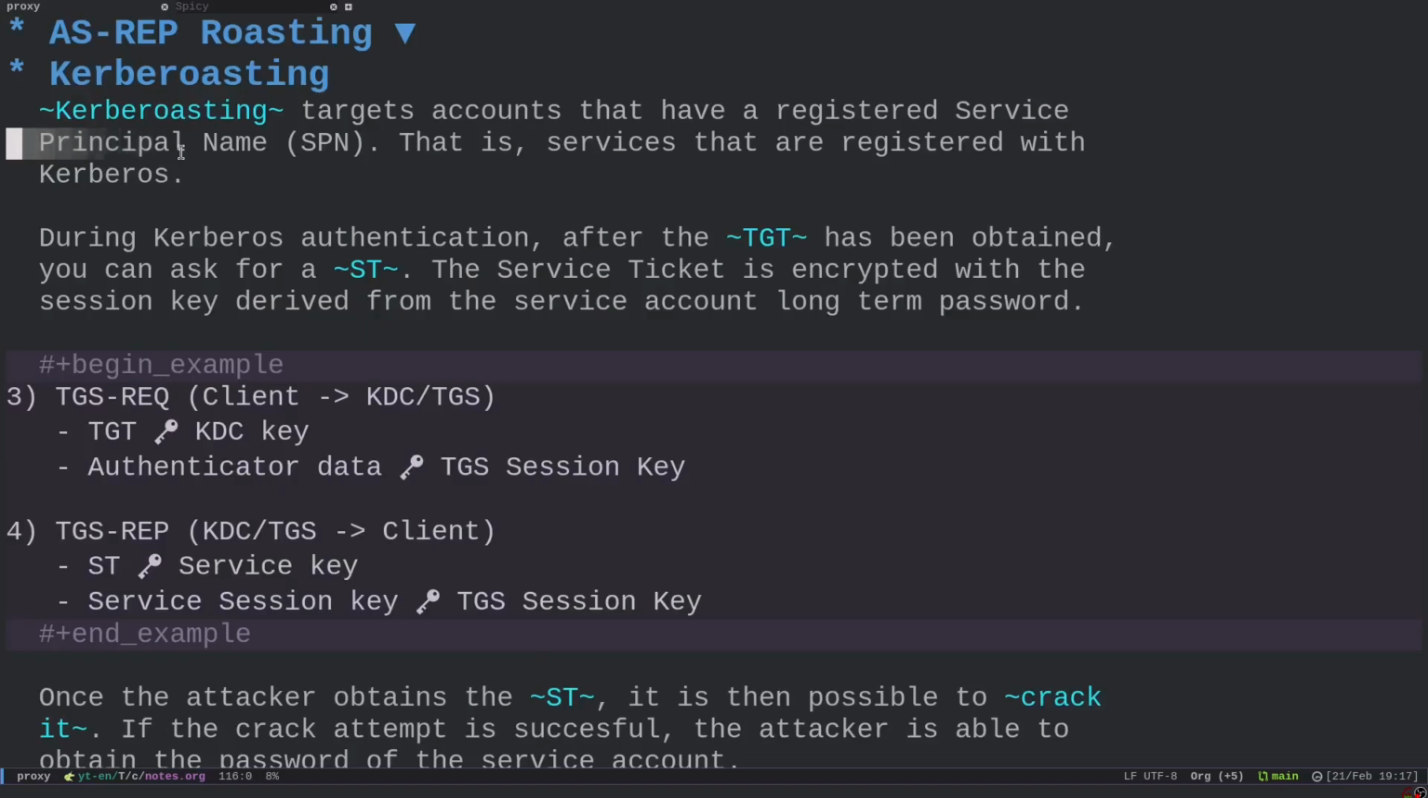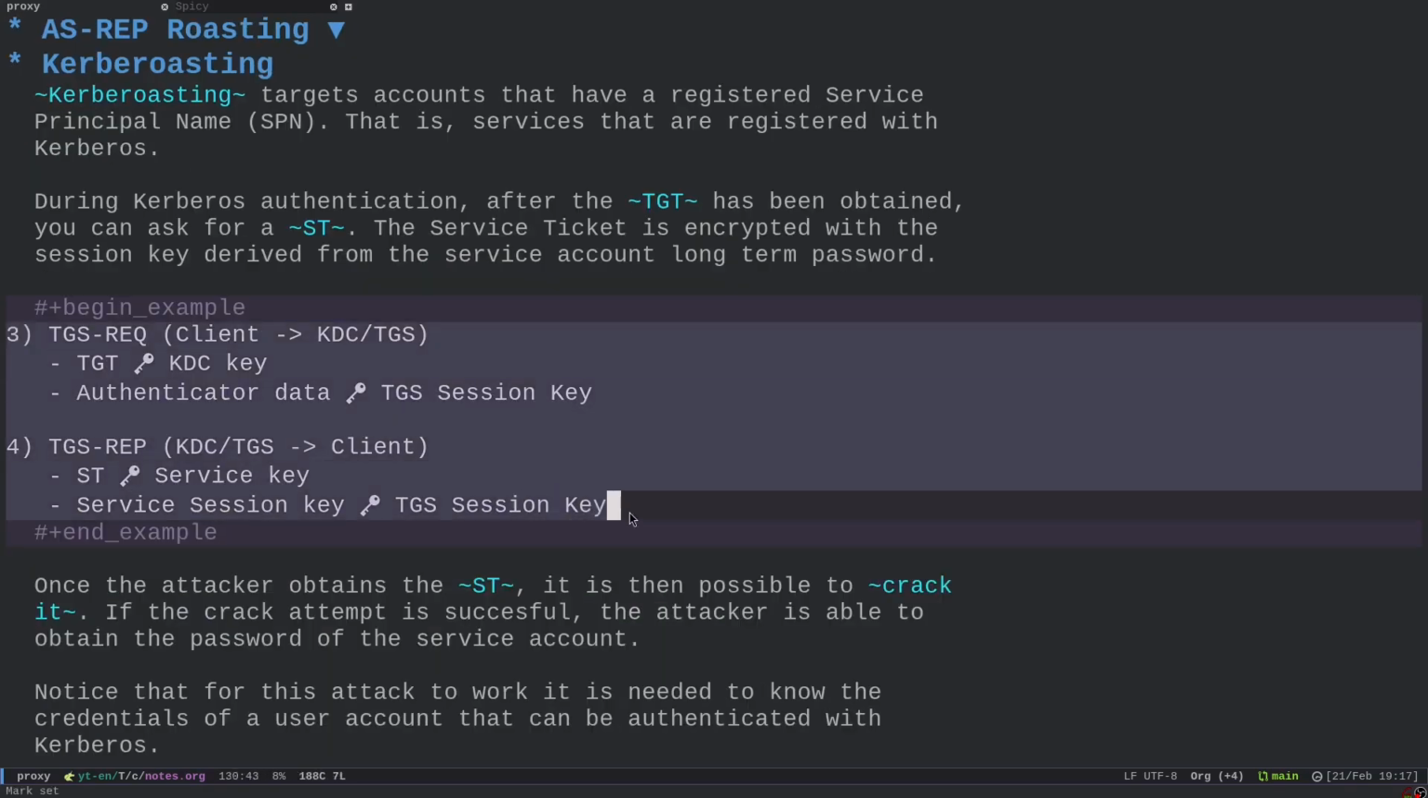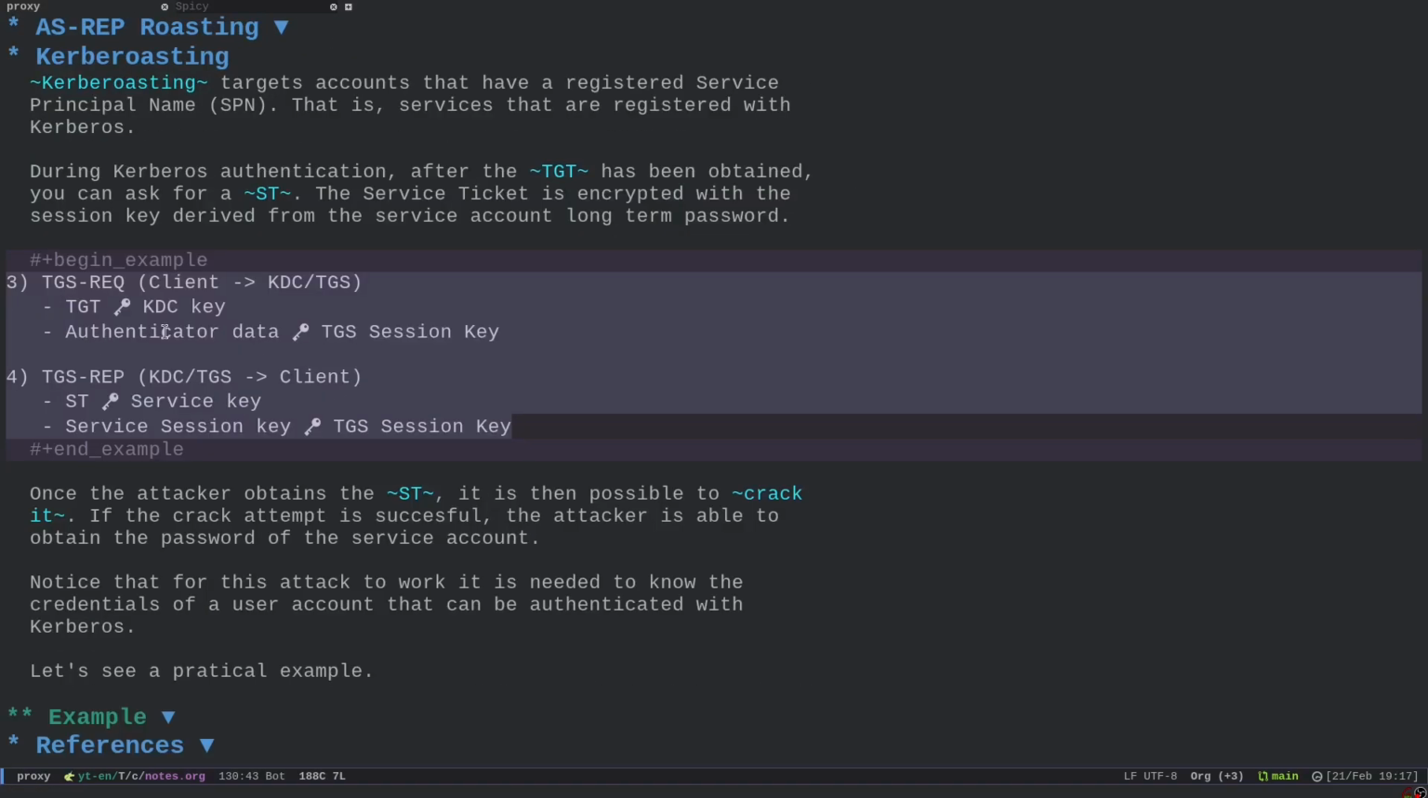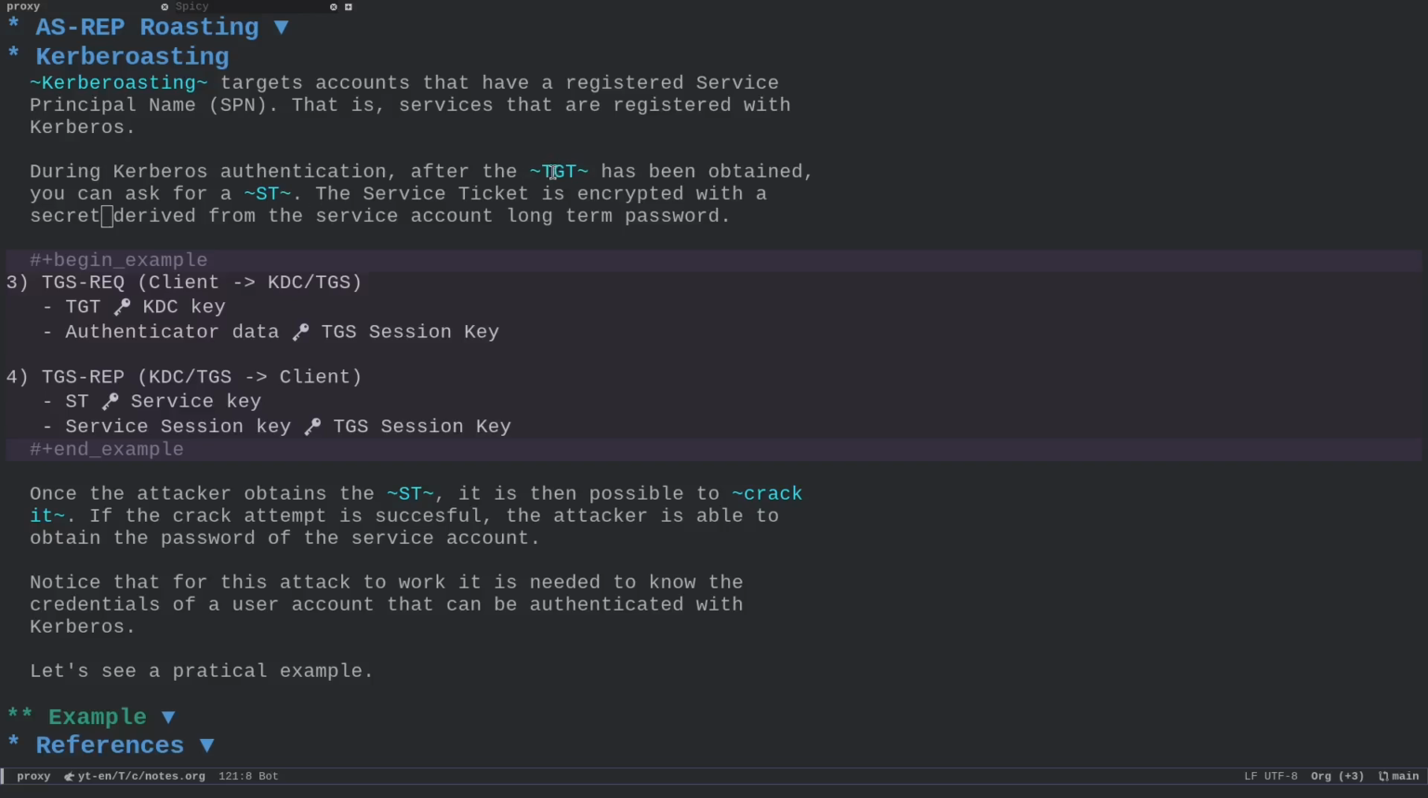This is because Kerberoasting comes later in the Kerberos authentication flow. So it comes in the second set of request and response, after we have properly authenticated with the authentication server of the KDC. So basically the idea is that after you obtain a ticket granting ticket, a TGT, with Kerberos, you can ask for a service ticket. Now to ask for a service ticket, you need to specify the service principal name. And this is why